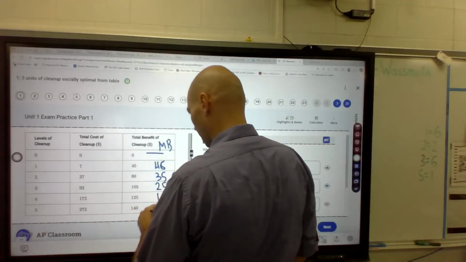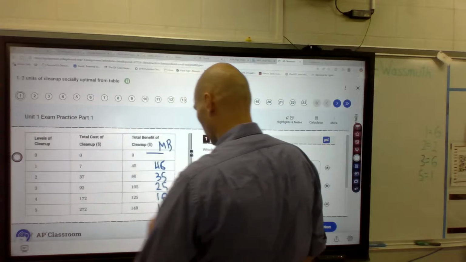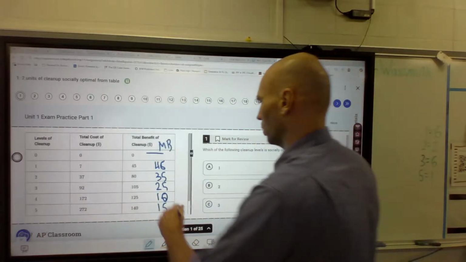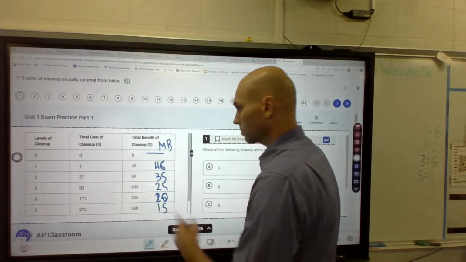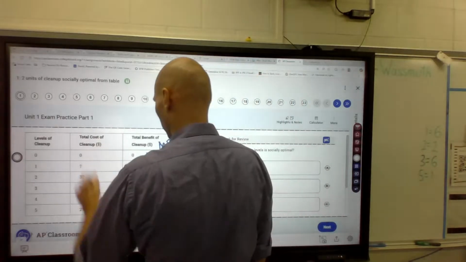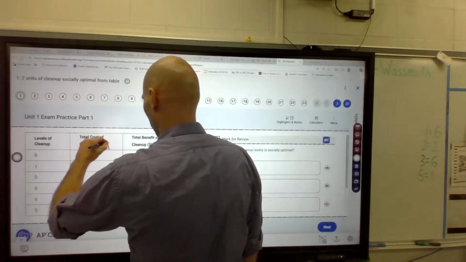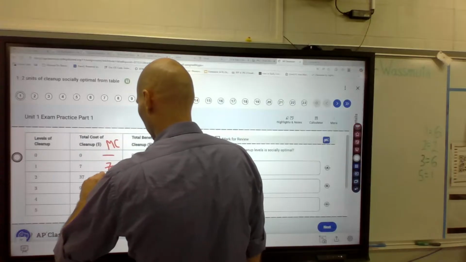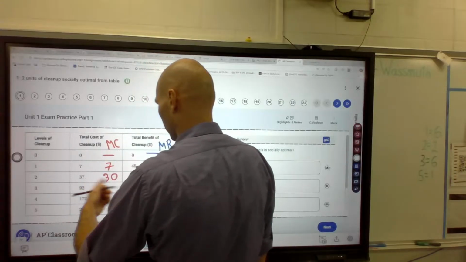Whoops. And this will be 15. 20, there we go. Okay. Then over here we have our cost of cleanup. So the marginal cost of cleanup, we got null here, then it's going to be 7, 30, and